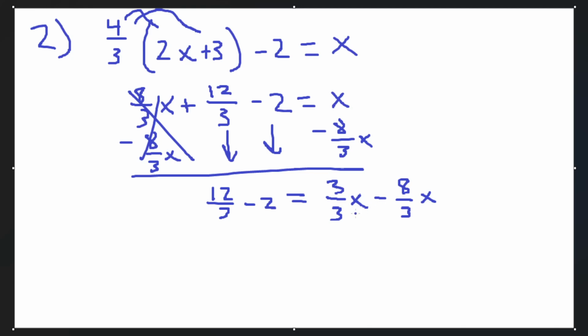And when you're subtracting fractions, you have to make sure you get the same denominator, and then all you do is subtract the numerators. So if you subtract the numerators, then you get 3 minus 8, which is negative 5 over 3 times x. And here we have 12 over 3 minus 2,